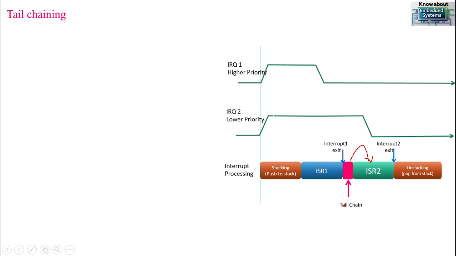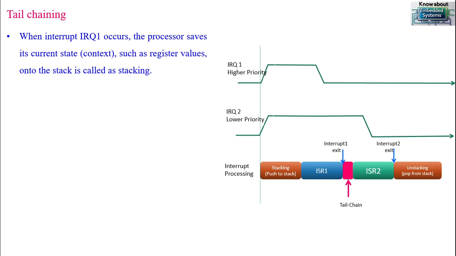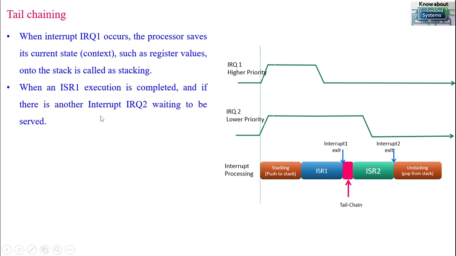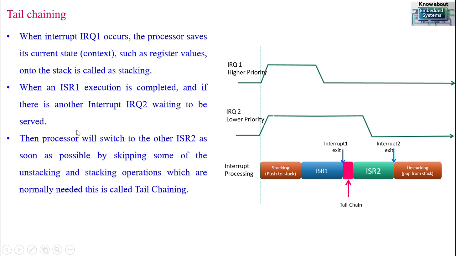Okay, now let us see the explanation of how we have defined it. You can see interrupt IRQ1 is nothing but the higher priority. Let us keep IRQ1 as the higher priority. It occurs first, and it will save the context into the stack and execute ISR1. But IRQ2 will not come into the picture because IRQ2 is a lower priority. It will be under the pending state. So when ISR1 execution is completed, and if another interrupt, IRQ2, is under a pending or waiting state, then